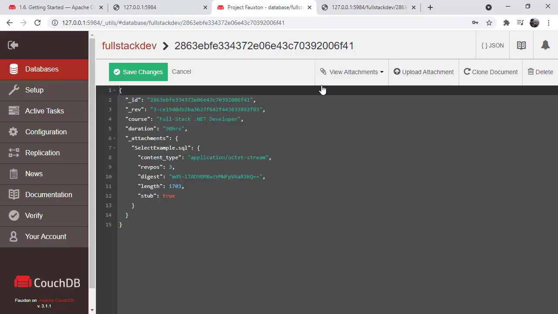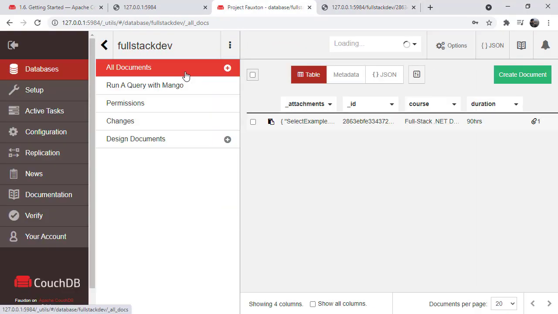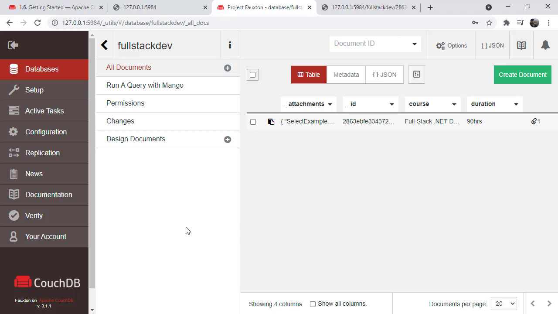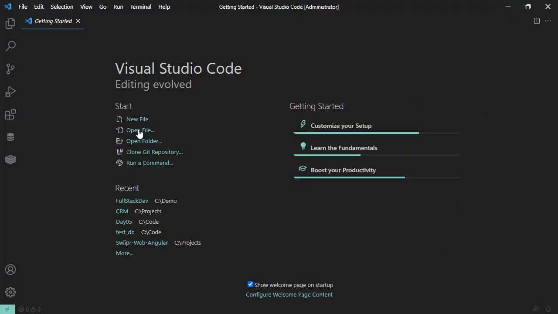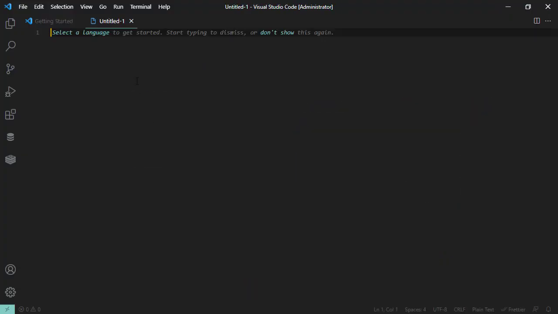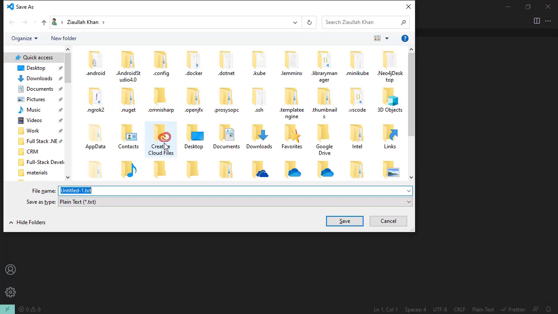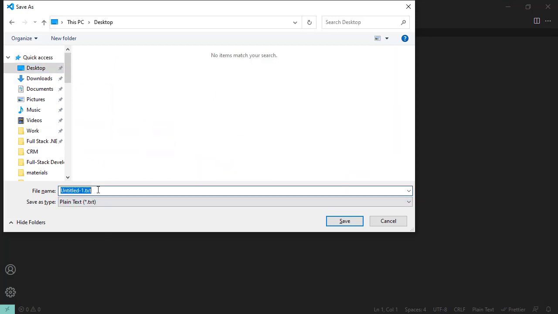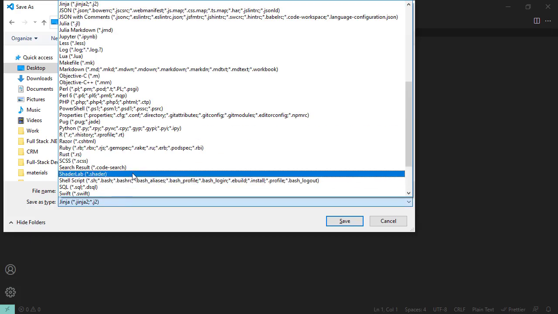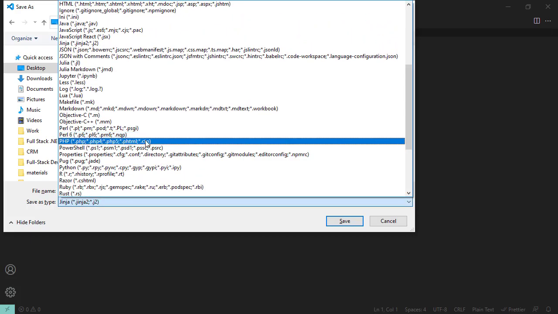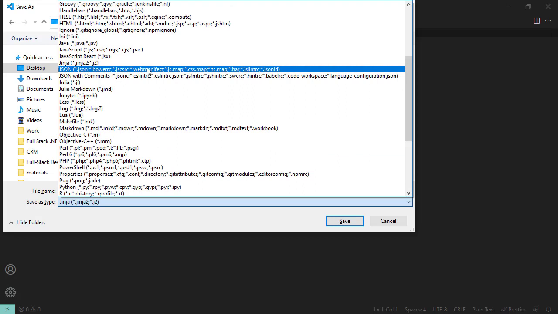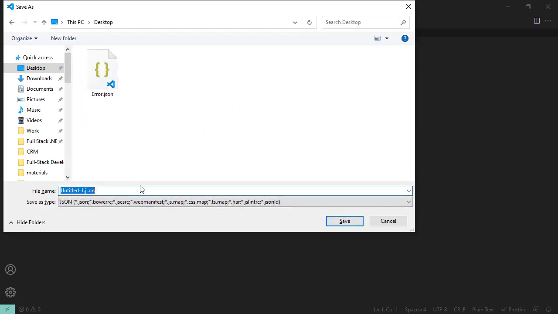So let me go ahead and probably create a base for our session for tomorrow. I'm going to come here. I'm going to save a new JSON file on the desktop. I'm going to change the type of the file that I'm creating to JSON, and I'm going to call it